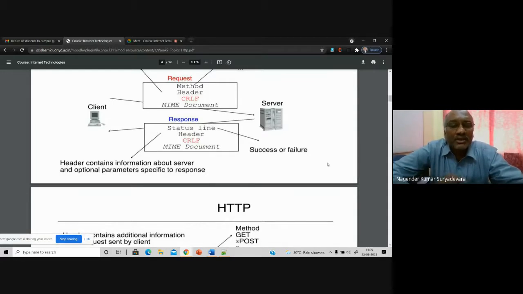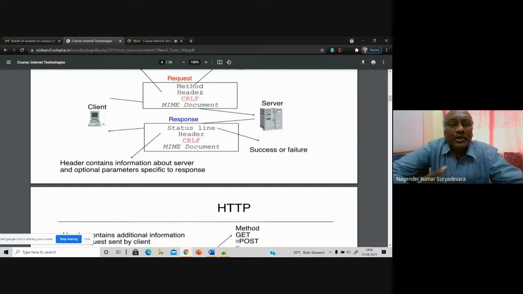You have status codes starting with 1, then certain status codes with 2, then 3, 4. Like this we have different categories of status codes to indicate the response that you get. And there will be a header sent from the client, informing the server what type of data you are trying to access.